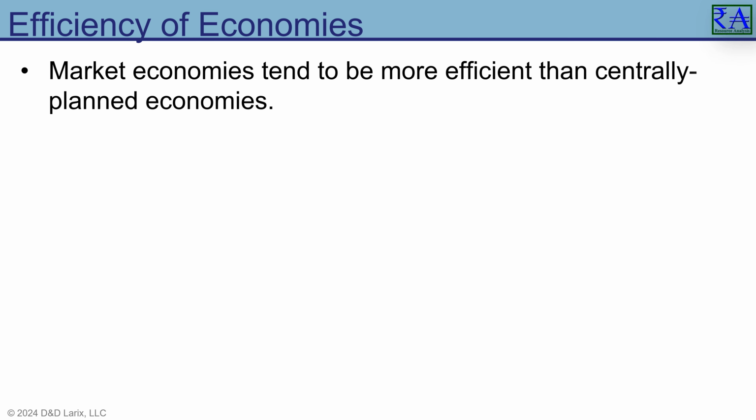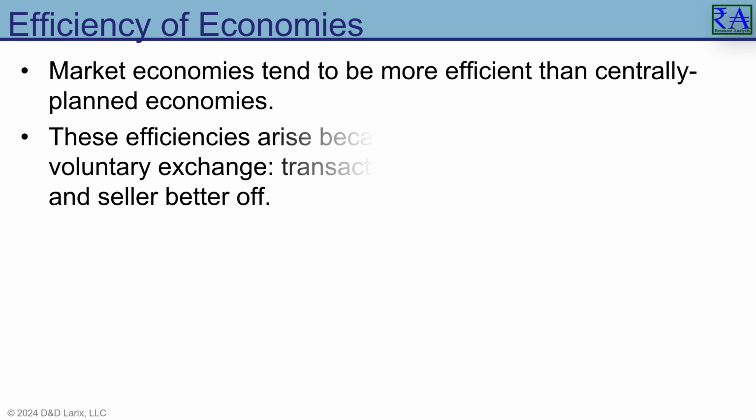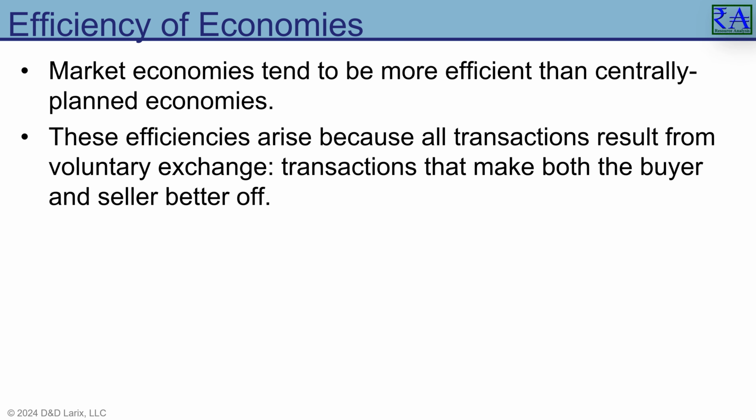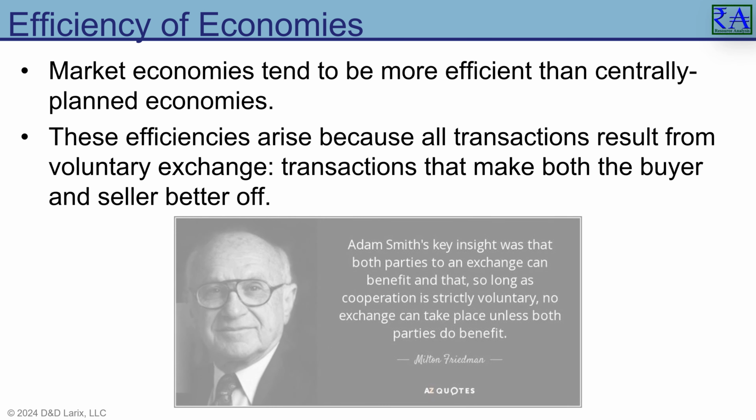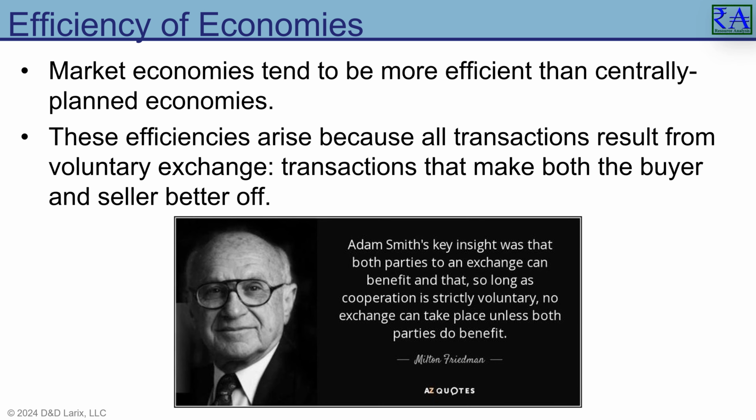Voluntary exchange is a fundamental aspect of market economies, where transactions occur only when both the buyer and the seller are made better off by the exchange. In America, voluntary exchange is a reality we experience daily. It influences the jobs we choose, the goods and services we purchase, and how we allocate our resources. This principle underpins the efficiency of market economies, ensuring that transactions benefit all parties involved. As Milton Friedman highlighted, this concept traces back to Adam Smith's idea that voluntary exchanges lead to mutual benefits, driving economic efficiency and growth.